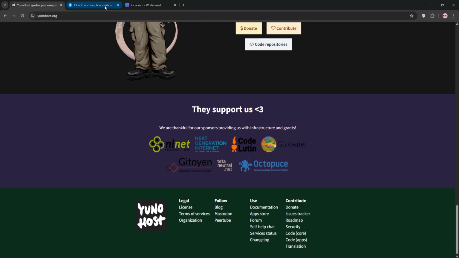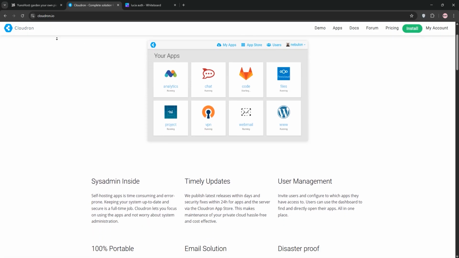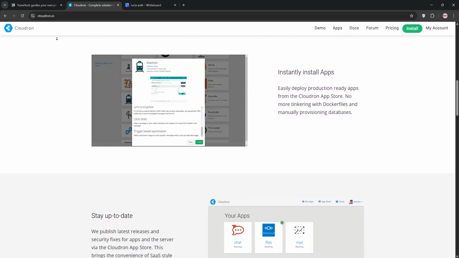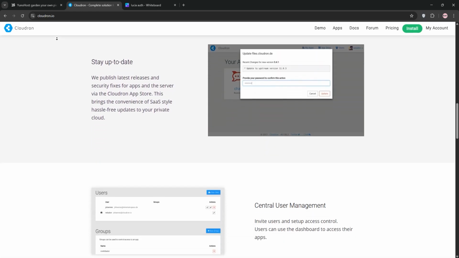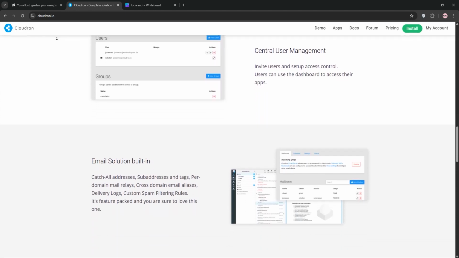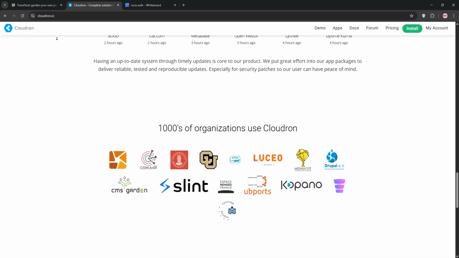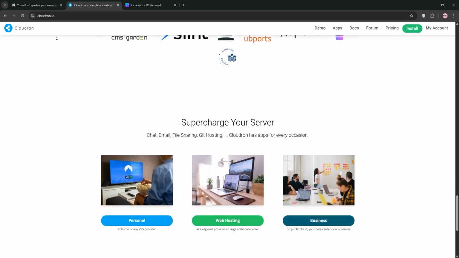Cloudron is a commercial platform with a freemium model, free for up to 2 apps, then subscription-based. It uses Docker containers for app isolation, offering a polished interface, automatic updates, and built-in security like SSL certificates and two-factor authentication. It's perfect for deploying apps like Mastodon or GitLab with minimal effort, and it supports backups and multi-user